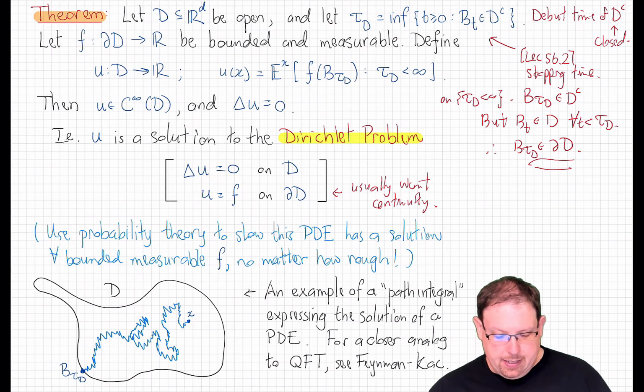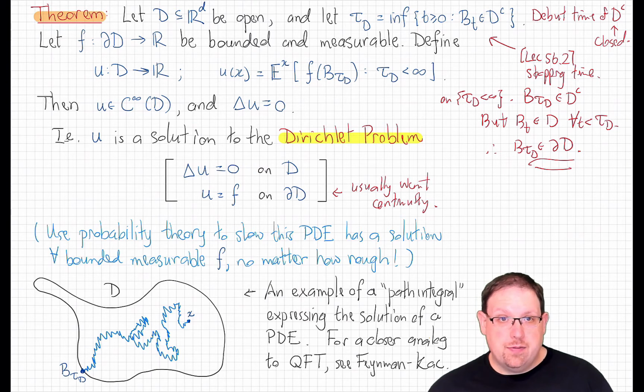Before we get into that, let's note that what we're really talking about here with this formula is a kind of path integral solution to a partial differential equation. And that is exactly the sort of thing that physicists over the last half century have tried to use in their partial differential equations, like Schrödinger's equation, in quantum mechanics and quantum field theory. And if you like, you can view this as a warm-up for the Feynman-Kac formula, which is a more direct analog to the kind of path integral formulas that you see non-rigorously in quantum field theory literature.